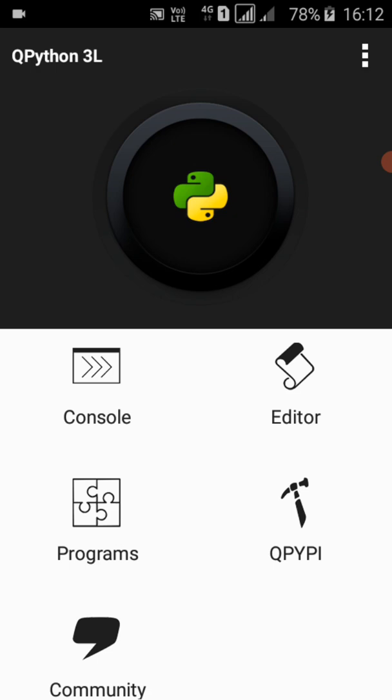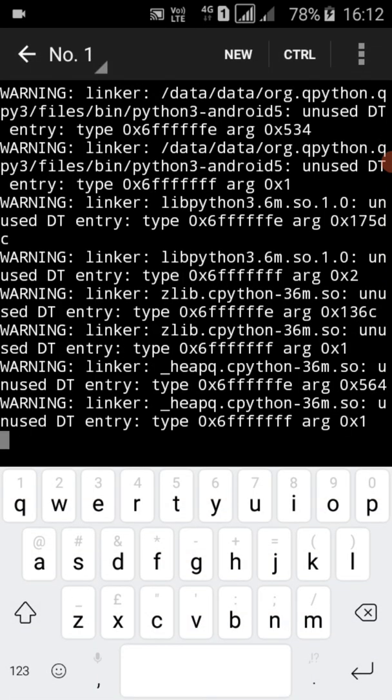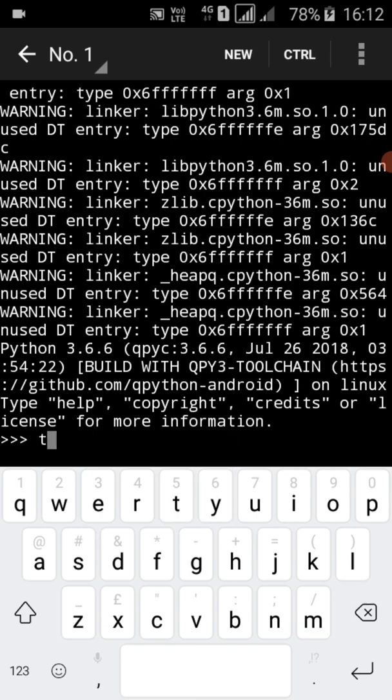Now, apart from writing simple commands, let's explore the interpreter more. Type credits. When you type credits, you will get the information about the organization.